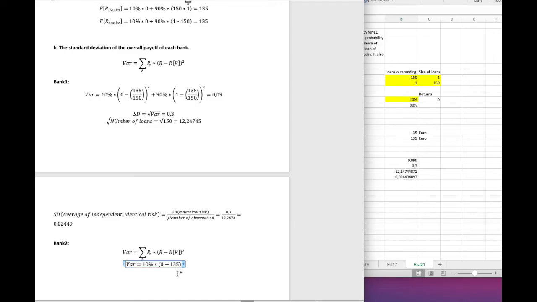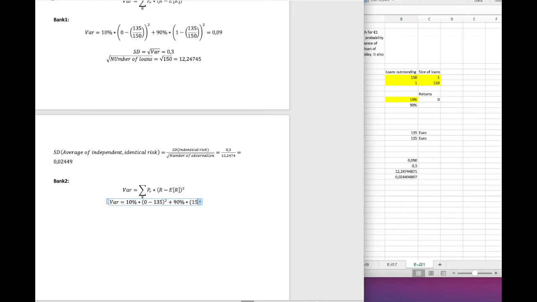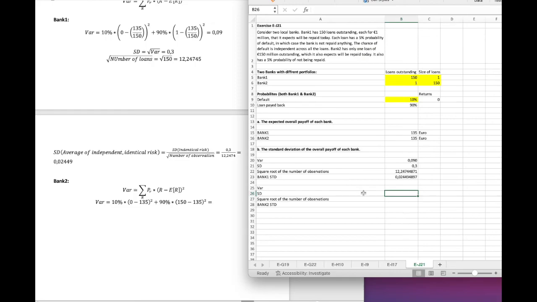Because there's only one loan, we would not have to take the average per loan, times 2 plus 90% times 150 minus this would give us